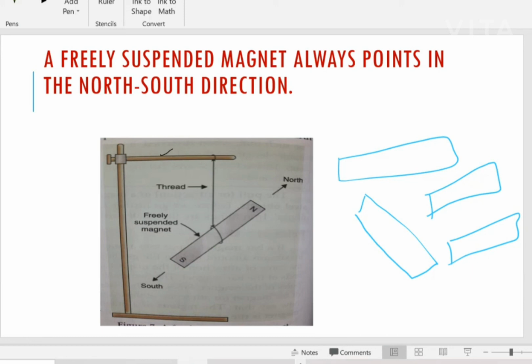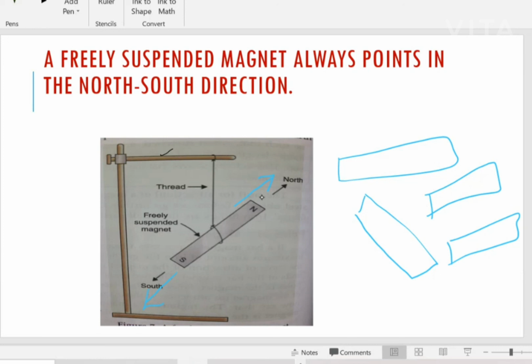Observe only once it comes to rest, otherwise your results are wrong. Once it is not moving, the movement is completely stopped, that stage is called stationary or at rest. You just look at the bar magnet. How is it aligned? Then you can see the north pole is aligned in the upward direction and opposite to that the south pole. So you have two directions labeled on the bar magnet.